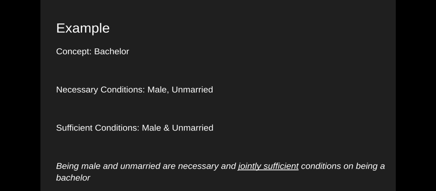And here's an idea. The sufficient conditions on being a bachelor are, well, having all of those necessary conditions. So it's enough to count as a bachelor as long as you are both, all at the same time, male and unmarried. So this is a special case in which we say that the conditions of being male and unmarried are necessary and jointly sufficient conditions on being a bachelor. You need to be both male and unmarried to be a bachelor. And as long as jointly you have all those conditions, as long as you are male and unmarried, then you are indeed a bachelor. So there is a